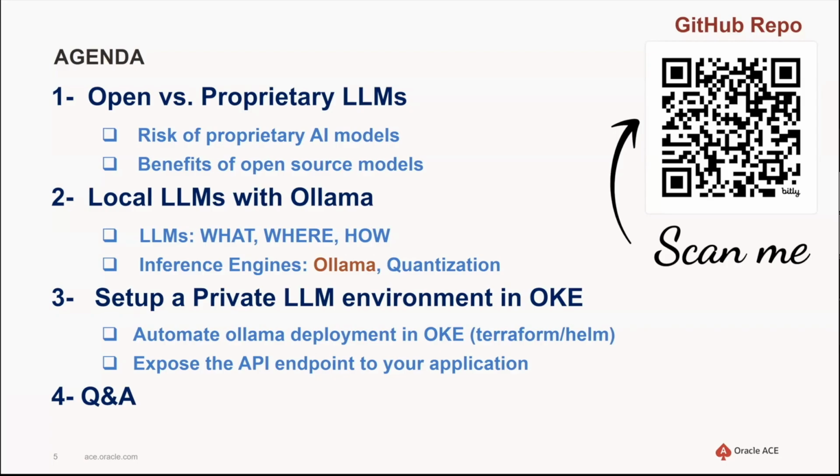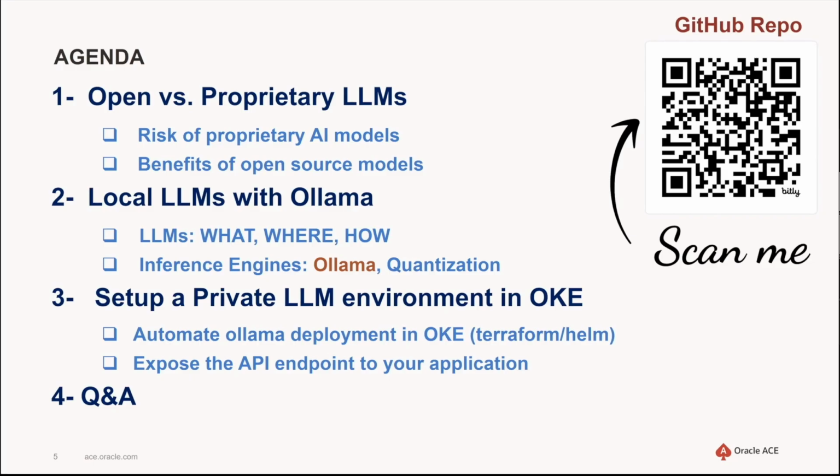But overall, the bottom line of this talk today will be first about some context, like why proprietary AI models like OpenAI aren't that safe, and what open source models bring to the table in terms of privacy. In section 2, we'll have an introduction on local LLM solutions, such as where to find them, how to use them, and briefly describe quantization. We'll also take a closer look at inference engines with a special focus on Ollama, which is an essential piece for running local LLMs. We'll go through some features and capabilities, including running AI on CPUs. Some of you may not know, but you can run LLM models on CPUs, which is super cool, via libraries